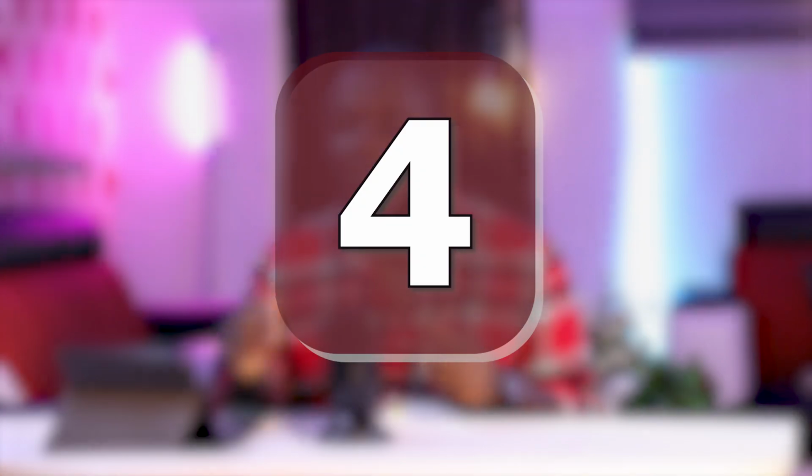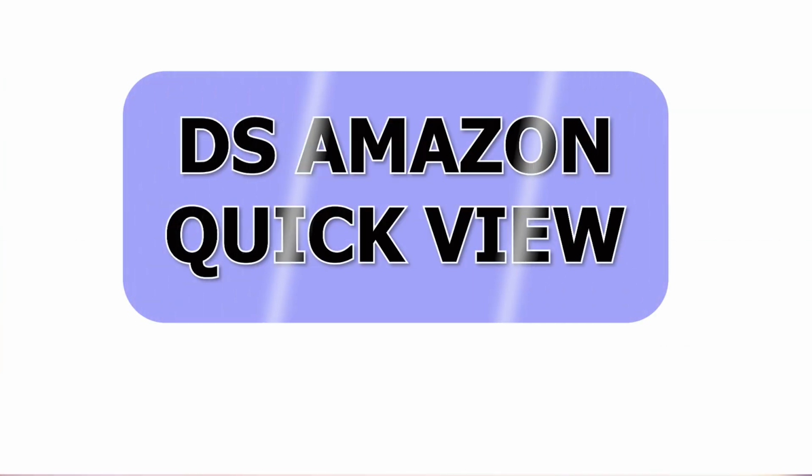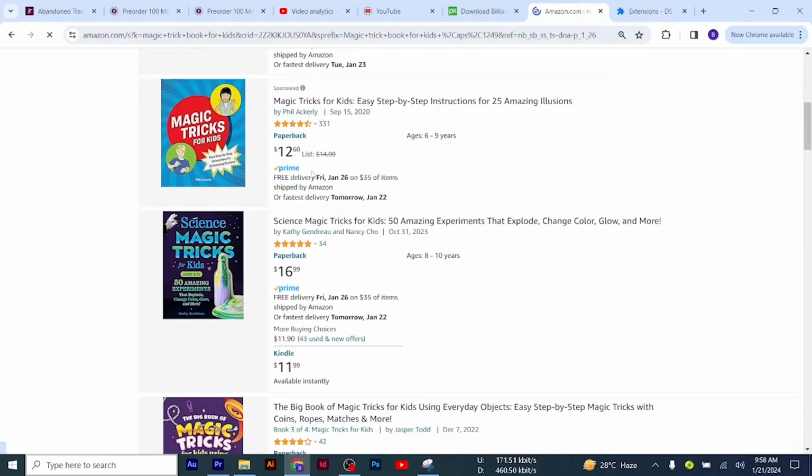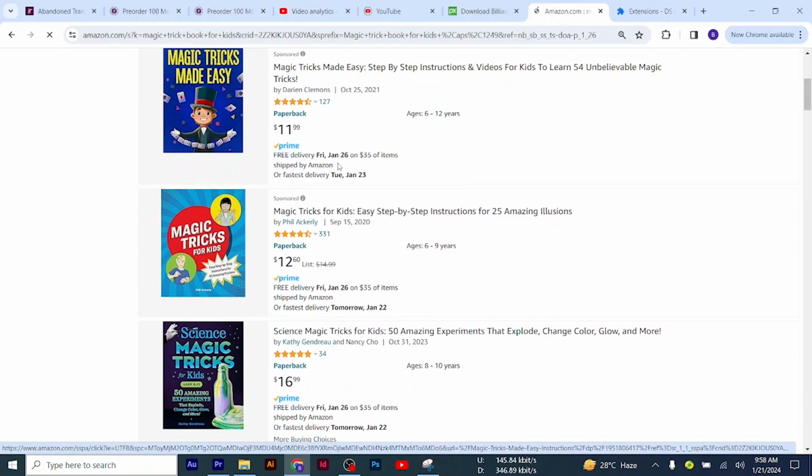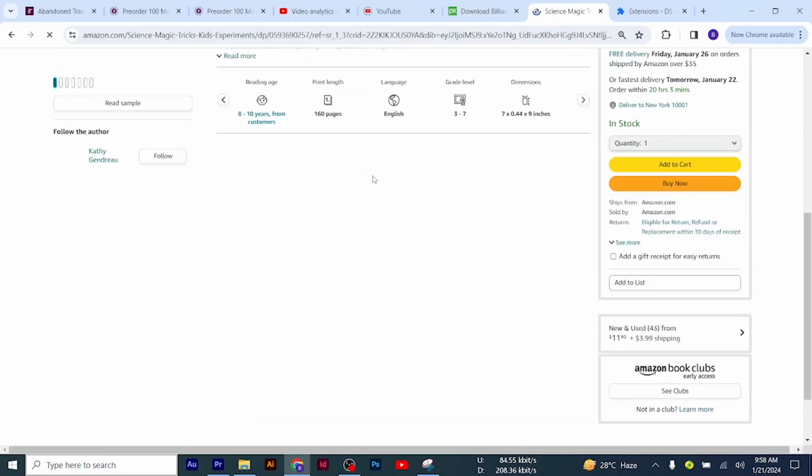So the next best free research tool that ranks number 4 on my list is the DS Amazon Quick View. This tool is essentially a time-saving tool when it comes to niche research. So ideally, what you want to do if you are trying to know if a niche is selling well or not, you would want to look at the bestseller rank of the books that appear on the top pages of the search result. In order to do that, you have to click on individual books and scroll down to look